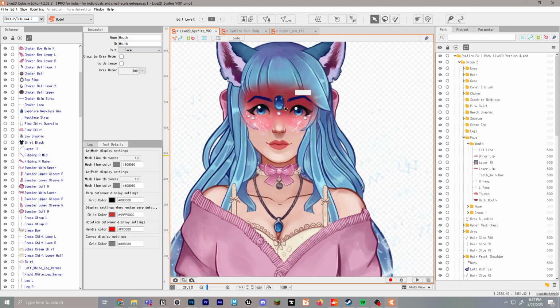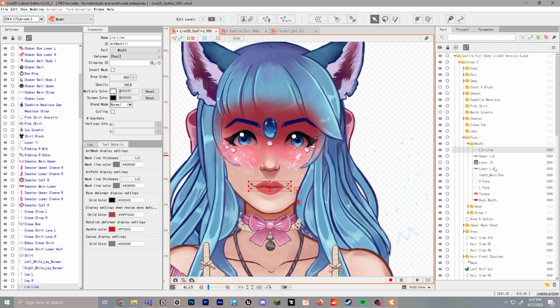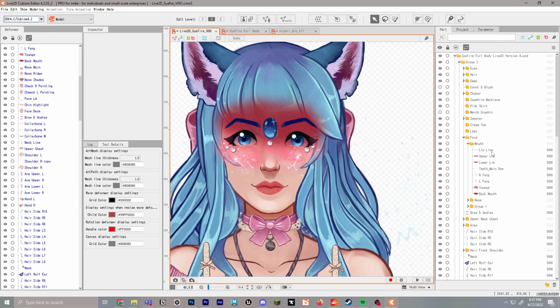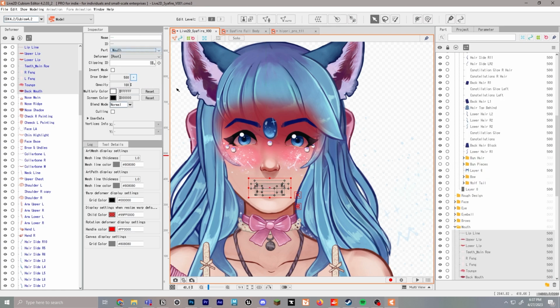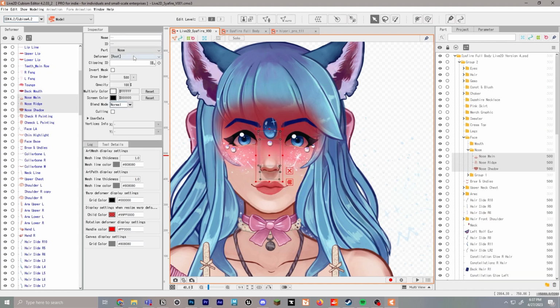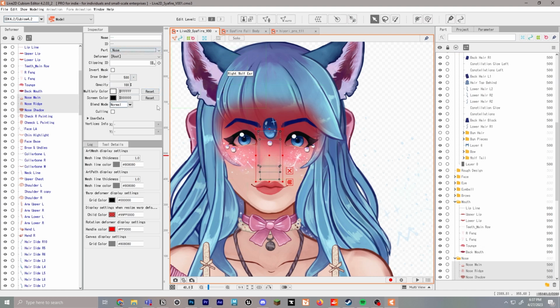And now we'll navigate back up to the face and select the mouth. Again, I'm going to delete layers we don't need in here. I'm going to go ahead and select all of those, and we're going to drop down the parts and select mouth. And again, make sure that's on top. Next, we'll do the nose. We're going to select all the nose pieces, drop open the part, and select, you guessed it, nose. We're going to go 990.